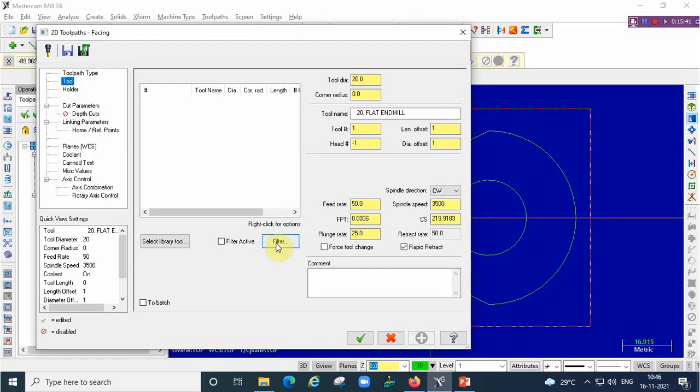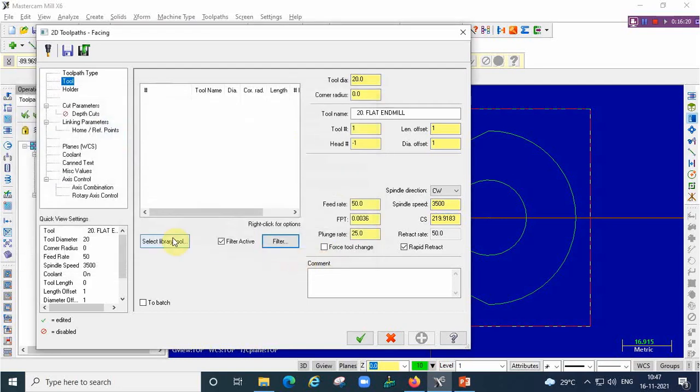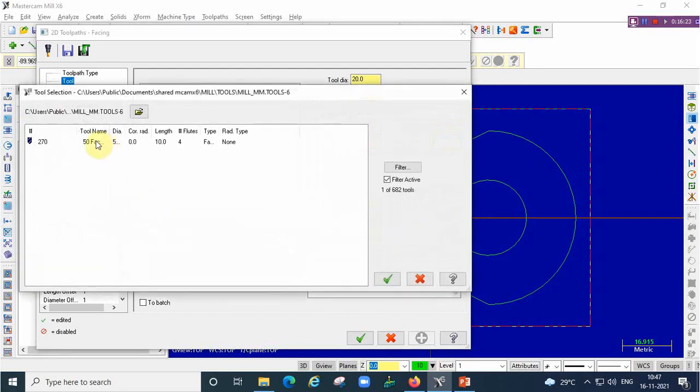Go with the filter. And we have to select this face mill cutter only. So deselect all this. Select face mill cutter only. Directly we can give the specification here, or otherwise we have to search from the library. N number of tools will be there. For example, 100 tools are there. It is very difficult to search. So directly we can give the value here, 50 mm or 40 mm. If we give 50, that particular 50 mm diameter only is visible in the library. Directly we can select it.